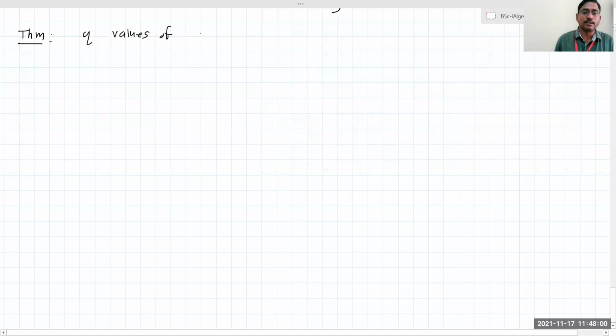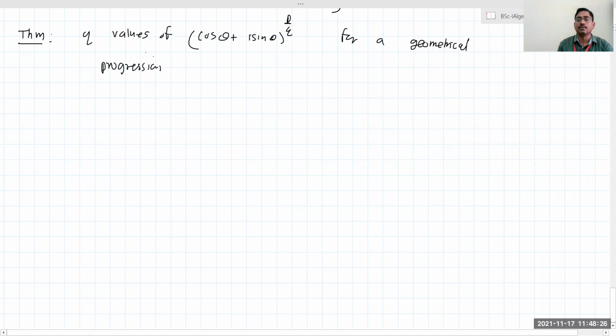आताच आपण वरच्या थेरम मध्ये पाहिले cos theta plus I sin theta याचा पॉवर जर p अपॉन q असेल, ज्याच्यात p आणि q मध्ये काही कॉमन नसेल, तर याच्या q व्हॅल्यूज असतील. The q values of this form a geometrical progression. सिक्वेन्स geometric असेल तर, फर्स्ट व्हॅल्यू सेकंड व्हॅल्यू यांचा रेशो पाहिला, सेकंड व्हॅल्यू डिवाइडेड फर्स्ट व्हॅल्यू, थर्ड व्हॅल्यू डिवाइडेड बाय सेकंड व्हॅल्यू, हा रेशो पाहिला तर तो कॉमन असेल. आणि त्याची सम 0 असते, whose sum is 0. सगळ्या रूटची बेरीज केली त्याची सम 0 असते.